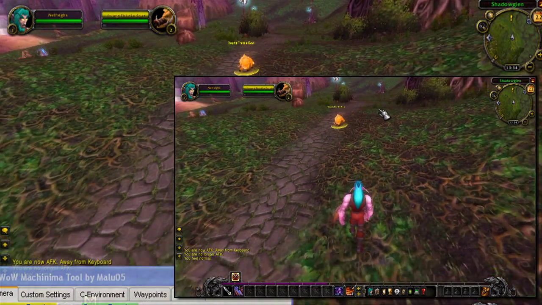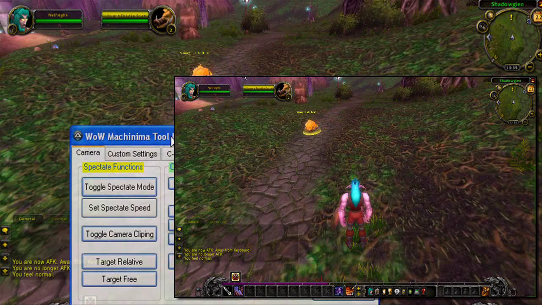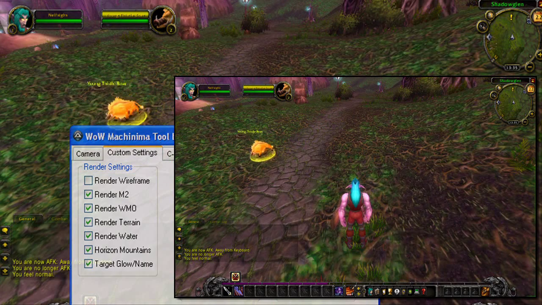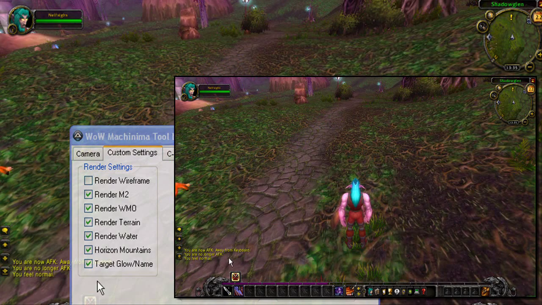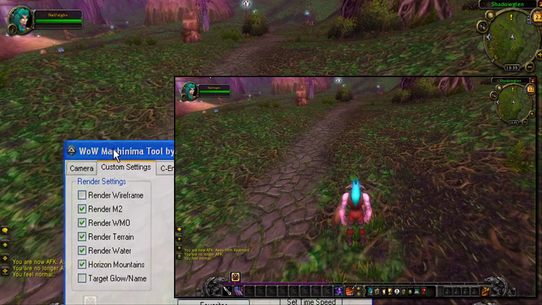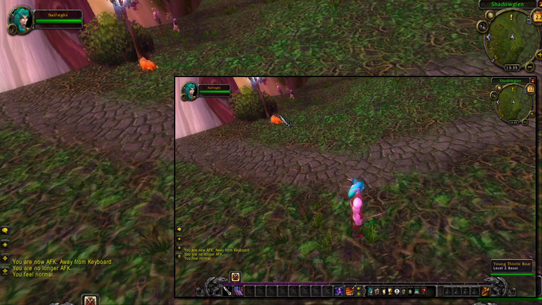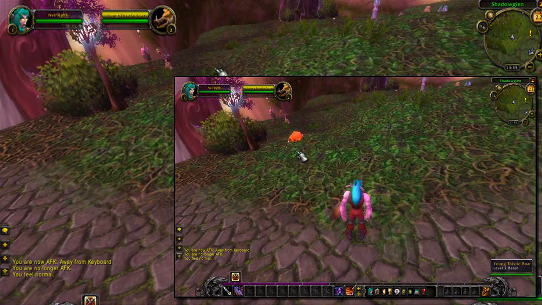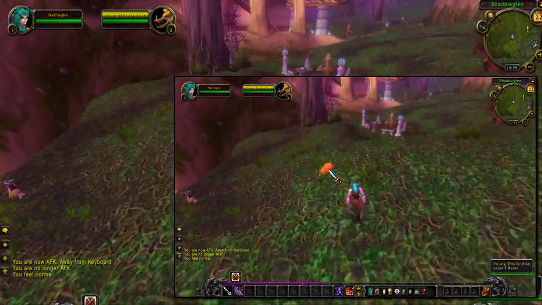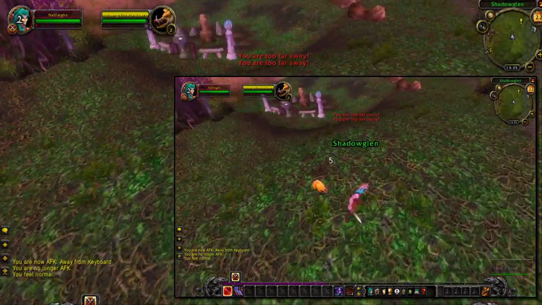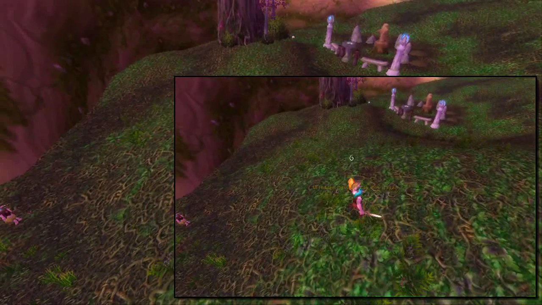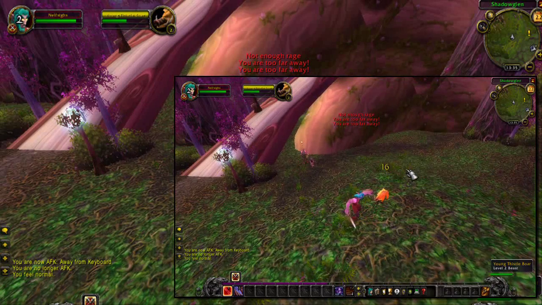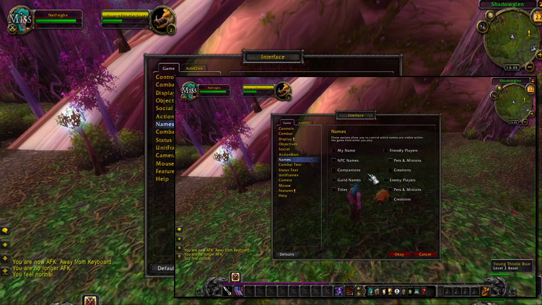It's frustrating, right? So if we hit the, let's go back here. If we hit the target glow name, what happens is we can select the NPC, as you can see here, but there is no target circle, there is no name, and there is no highlight. So we can still attack the NPC, and if we just turn off the interface, as you can see, and if we just remove the scrolling combat text,